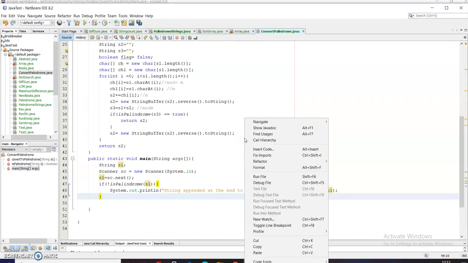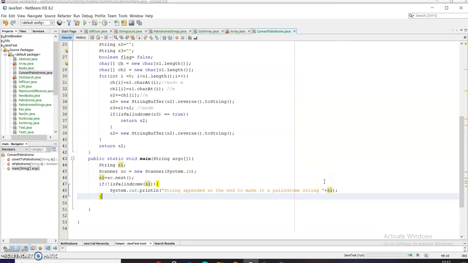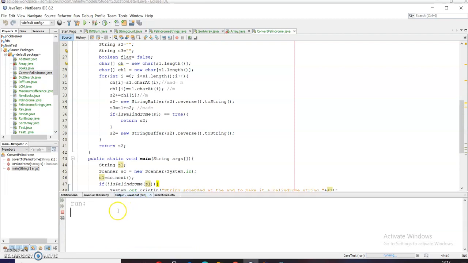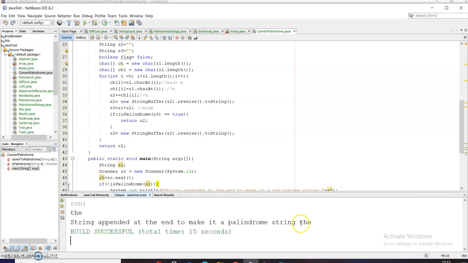Let me right click here and run this file, and let me show you the console. And let me enter the string as the. So now you can see that the string appended to make it a palindrome string is the.